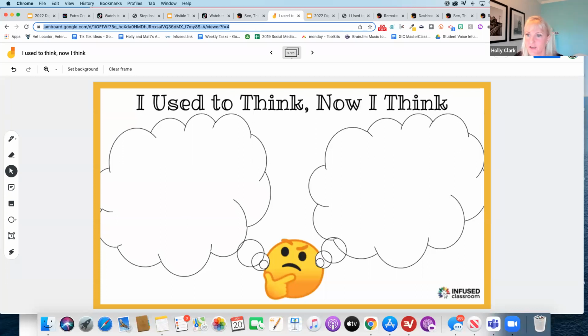Padlet, because I could have done, I used to think, now I think. So in this particular Jamboard, I would have students use a certain color sticky note to answer. I used to think, and now I think, the prompt was for teachers. I used to think this about textbooks, and now I think this about textbooks.